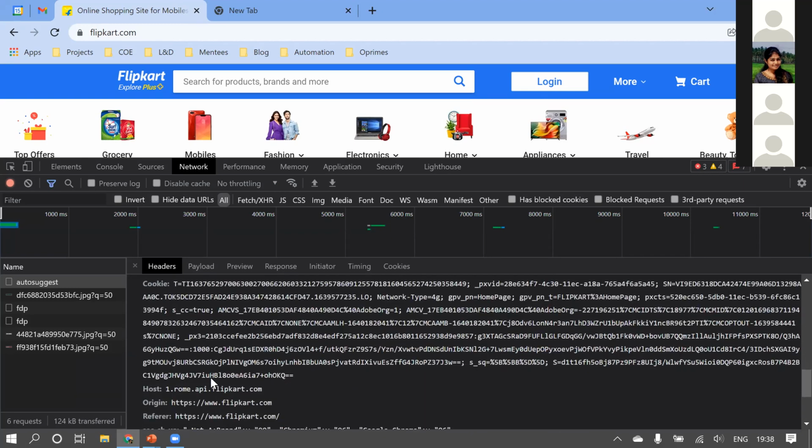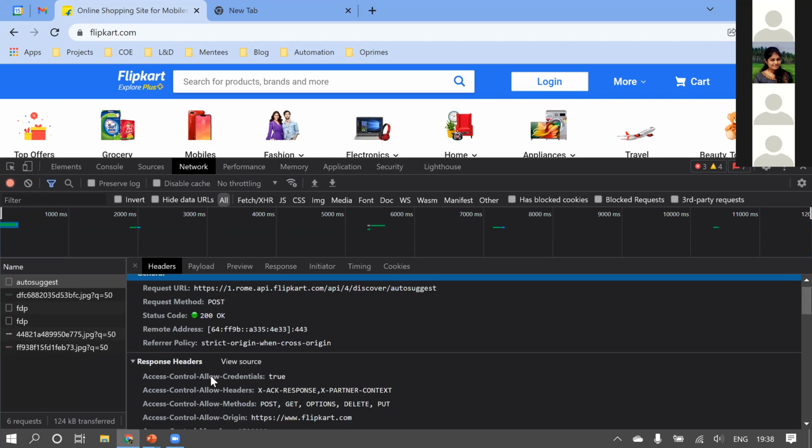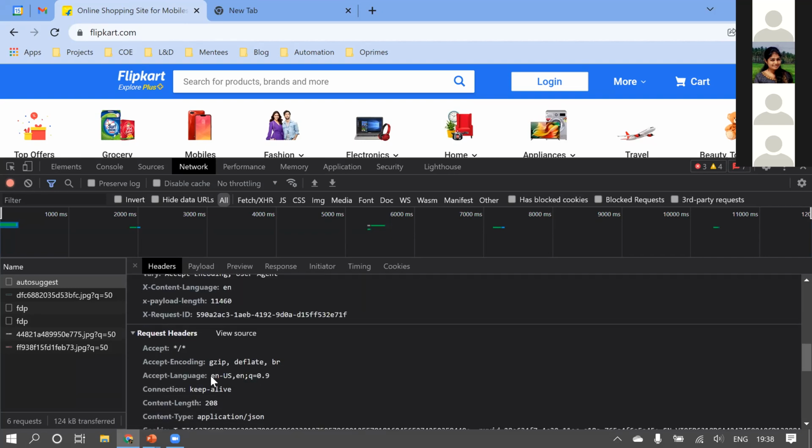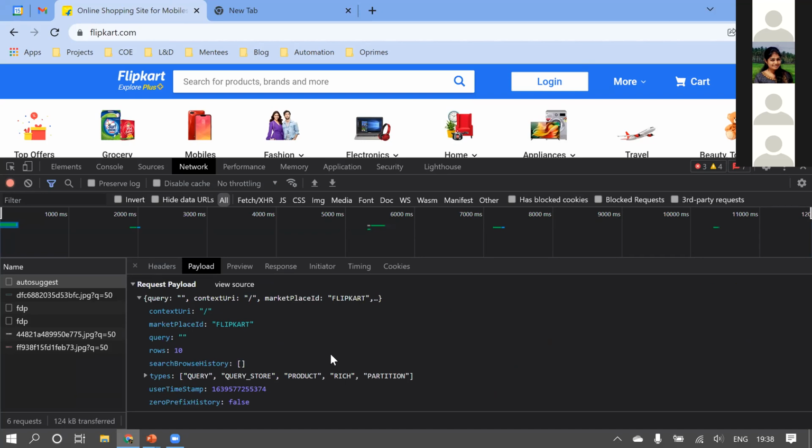Okay. Now coming to the, let me see if they have the request payload. There is no request payload here, because only if you start typing, then we will have it. Now, this is the request parameter. Okay, what is the type? I cannot explain all these details without understanding the real application's backend behavior.